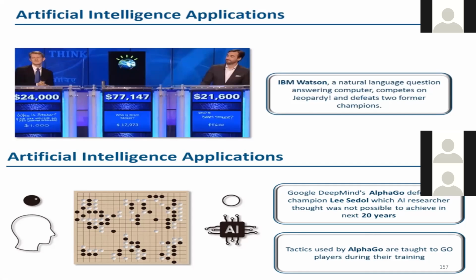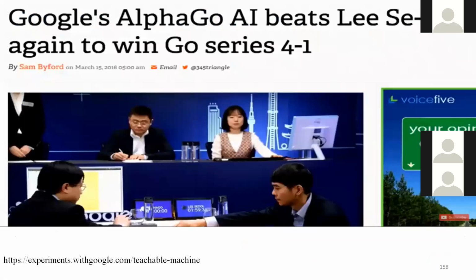Now it is overtaken by AlphaGo. I think it's a product of Google. So if you look at this, these are the things that are happening in the world. Slowly, some of the capabilities are being overtaken by algorithms and robots. So this is what happened. I think 2016 has happened.